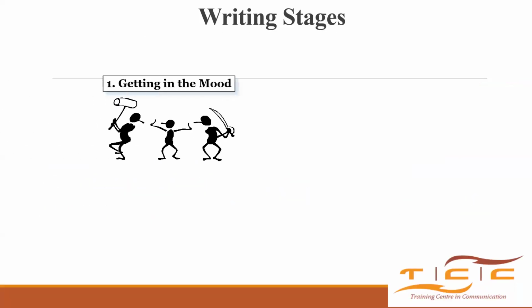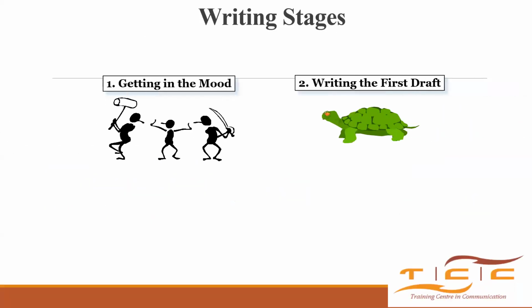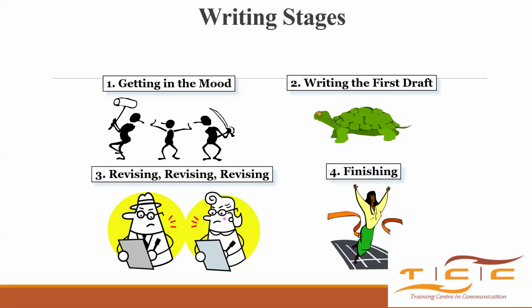So I think writing is a very simple thing. I'll just put all this together. So we just need to get into the mood of writing. I don't know how you get in the mood. Some people get in the mood by listening to music, or I watch some comedy, or whatever it is that I like doing, and just relax and get myself in the mood of writing. Then I write my first draft, then I revise, and then I finish. It's a very simple thing.